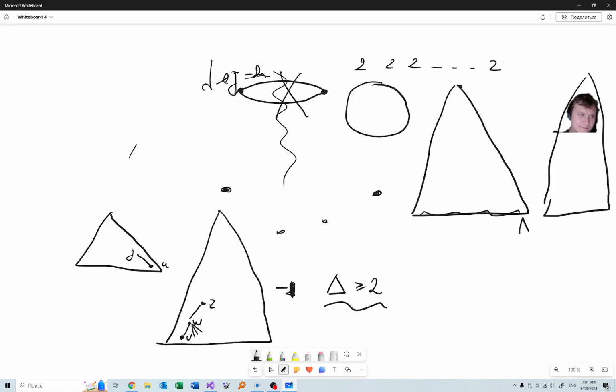Actually, there might be several cases. For example, if there are all 2s, then this is the proper way to do it. But if there are several 2s, only one number which is greater than 2, and maybe several 1s, then I think it is already possible. No, it is not. So if we have several 2s, and something greater than 2, and several 1s,